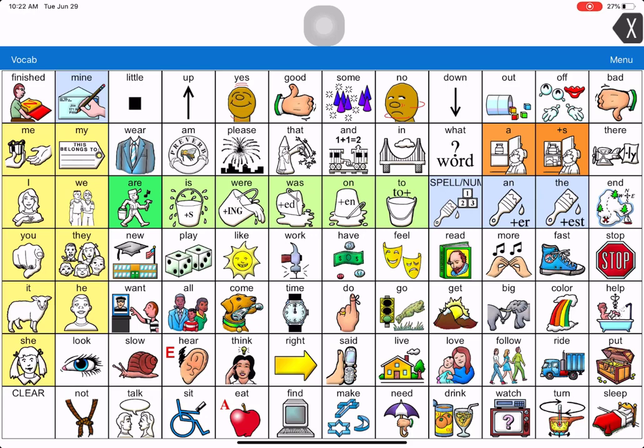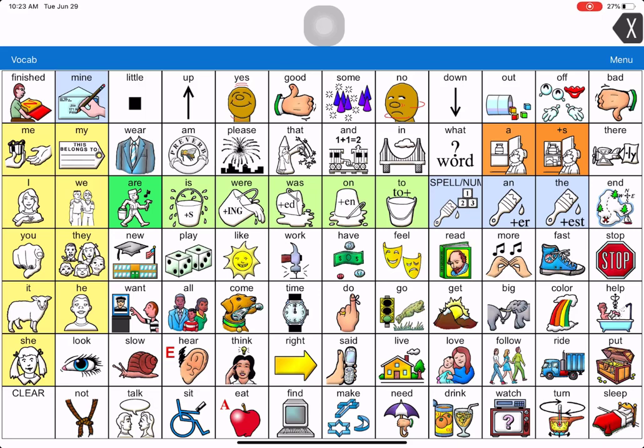Okay, so let's say I saw an individual, I was working with them, and all of a sudden they wanted help getting up in the chair. So I can see what they wish they could say. I try to show them where it is, but they just are having trouble finding it. So here's how, using Vocabulary Builder, I can maybe give them more opportunity to be successful